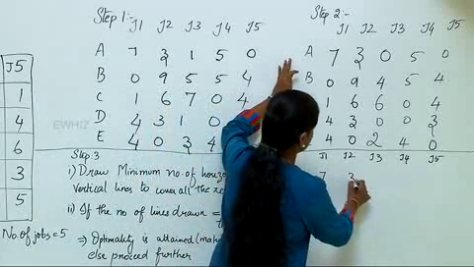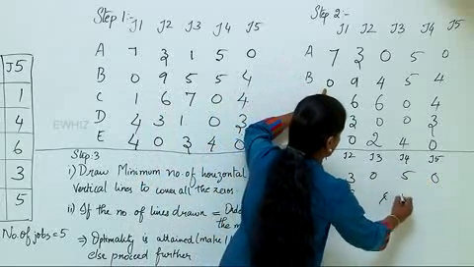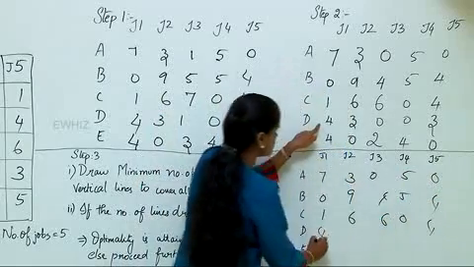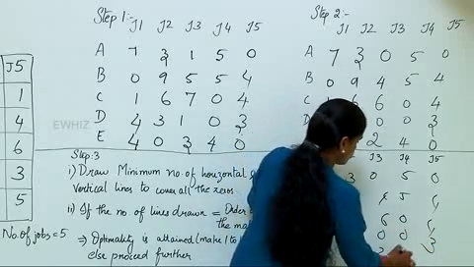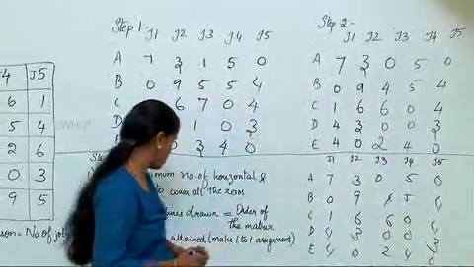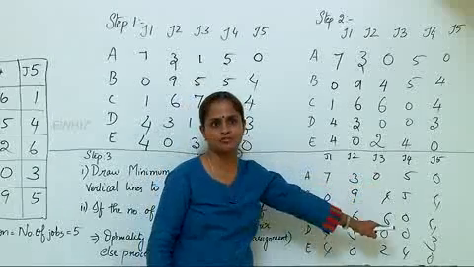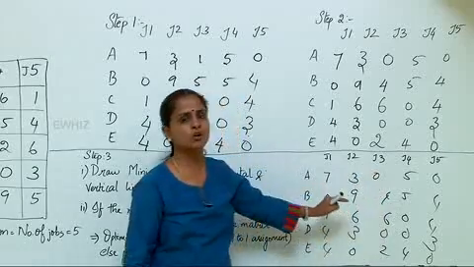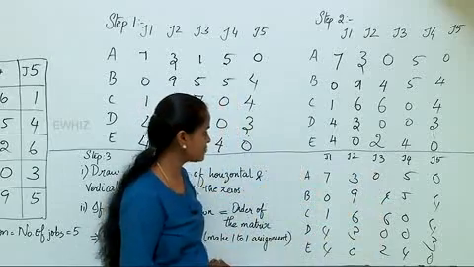So what is it? 7 3 0 5 0, 0 9 4 5 4, 1 6 6 0 4, 4 3 0 0 3, 4 0 2 4 0. So the same table we obtained in step 2 I have copied down here, and the procedure states first you draw the minimum number of lines, then if the number of lines tallies, go for the assignment. But what I am going to do is alter the procedure slightly, but anyway we will land up in the same answer, don't bother.